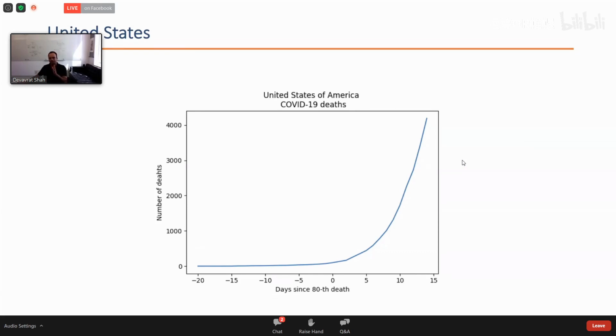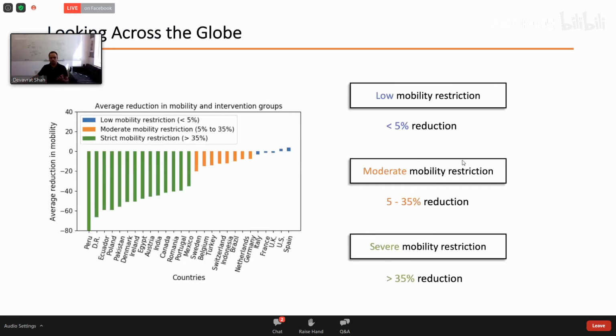In particular, let's imagine that you and I are policymakers, and we are trying to decide what is the right policy to implement in the United States on day 0 to achieve a variety of different types of health outcomes, potentially balanced with other factors such as economic impact and so on. As we look at the United States, it's worth looking at what happened in those first 2 weeks across the globe. In particular, if we look at Google mobility data, this is a brief summary of that data.